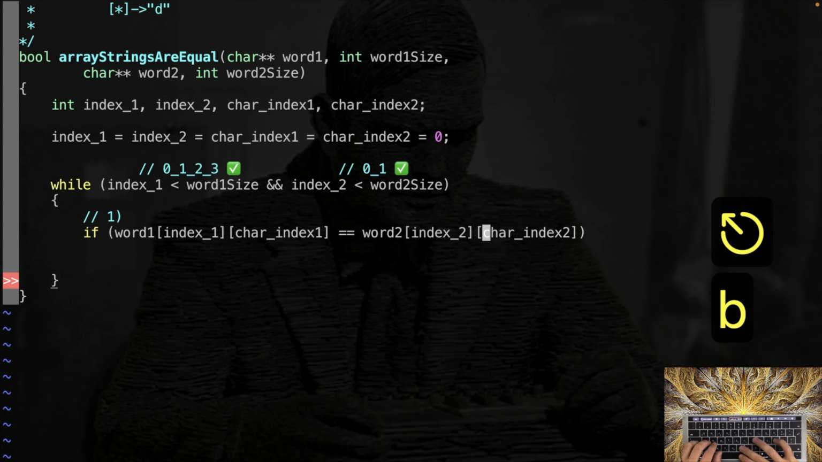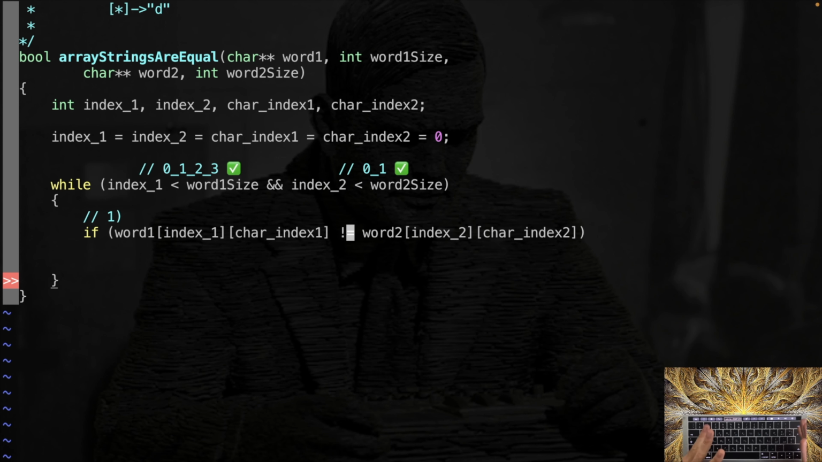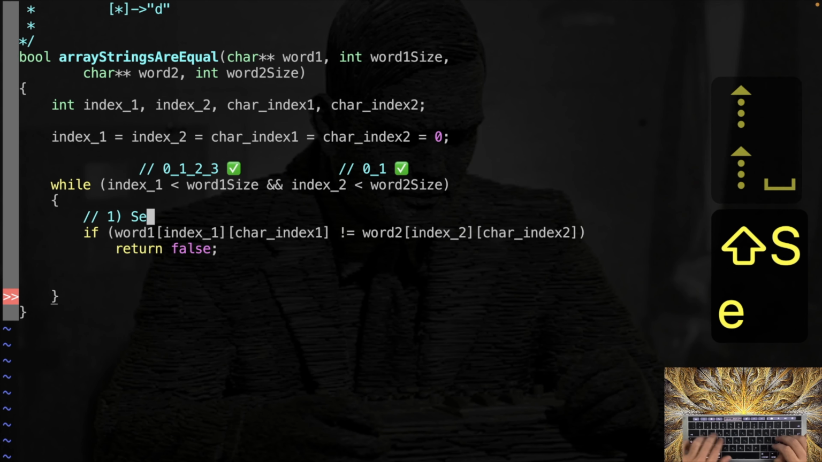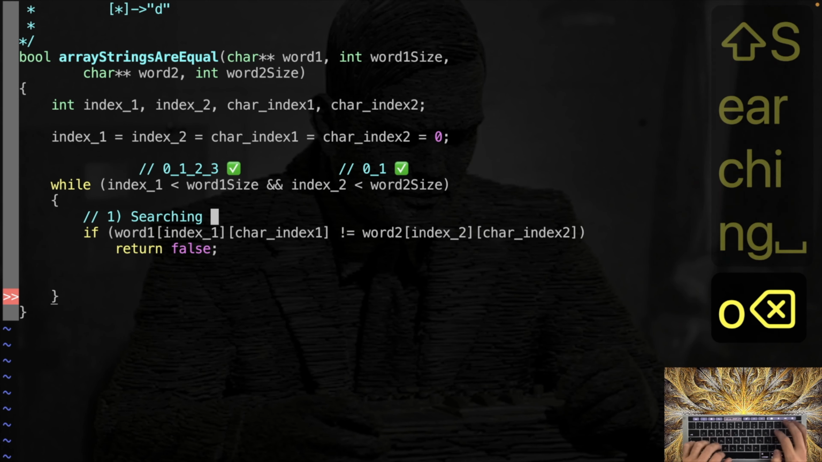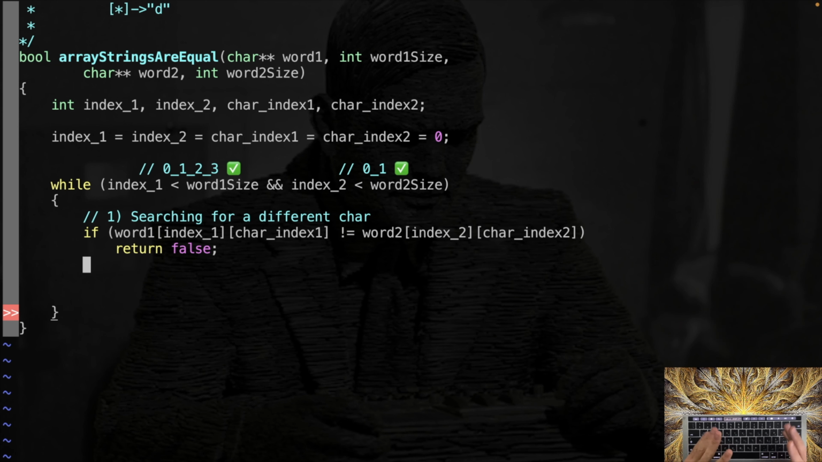But here I don't want to do an equal. It's better to do a different. I say, if I stumble upon a char which is actually different, you're gonna return false, right? Because we are searching for a different char. So every time we're gonna check the actual char pointed, and if we stumble upon something which is different, we